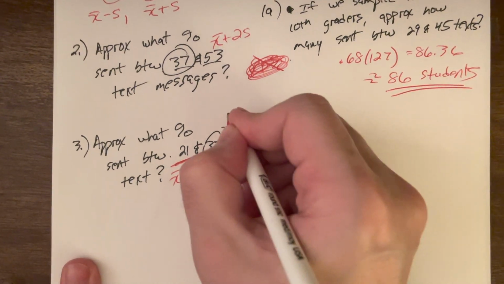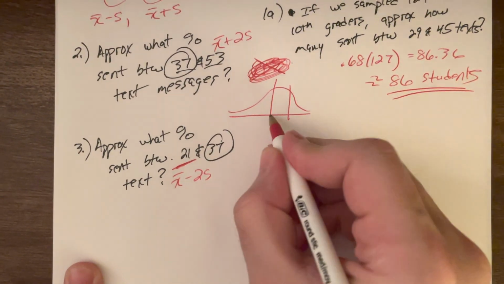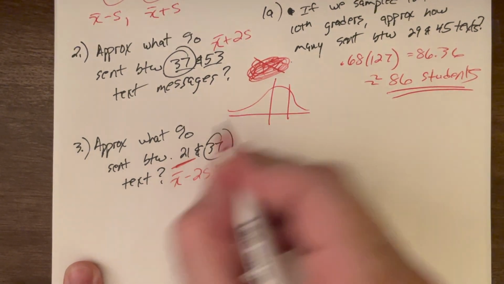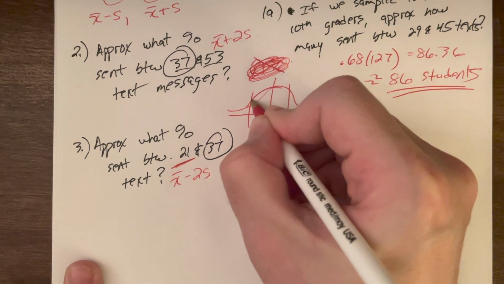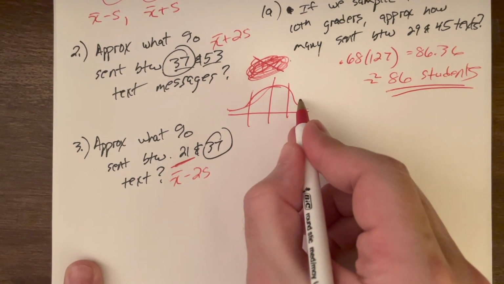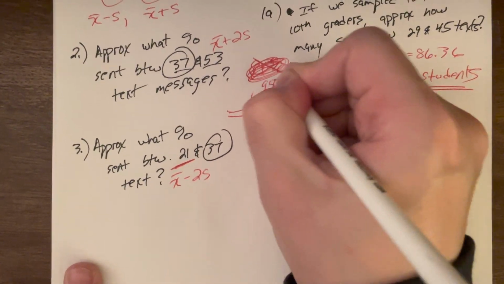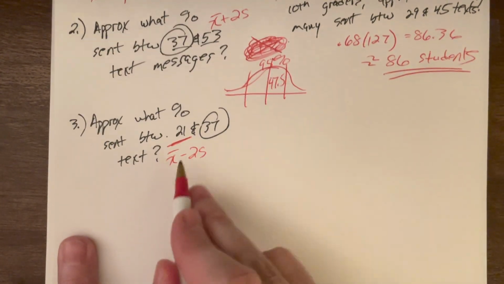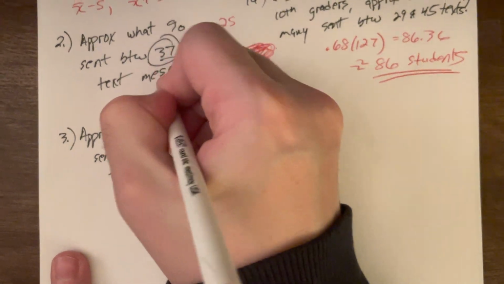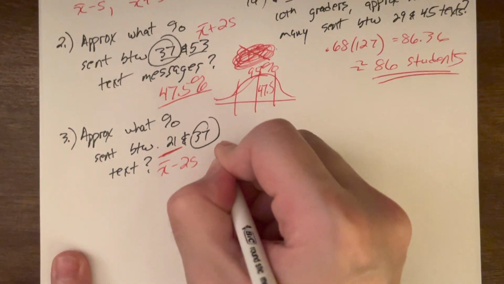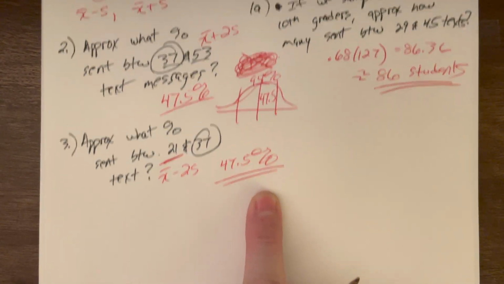But here, you're not getting the full 95. In number 2, you're only going 2 standard deviations above the mean, and in number 3, you're only looking at the 2 standard deviations below. So this whole thing is 95%, but in both of these you're only getting half. 95% gives you the full spread, 2 standard deviations below to 2 above, but in both of these situations, you're only getting half.